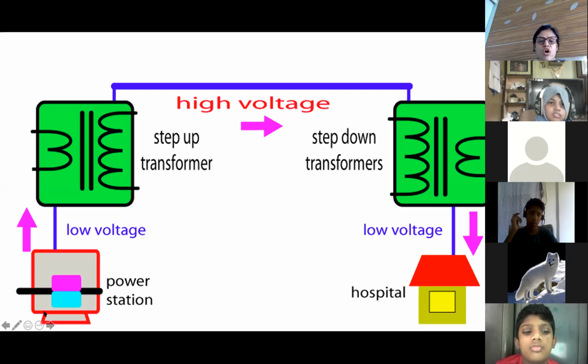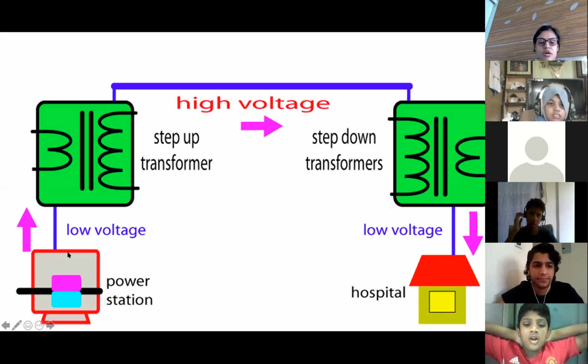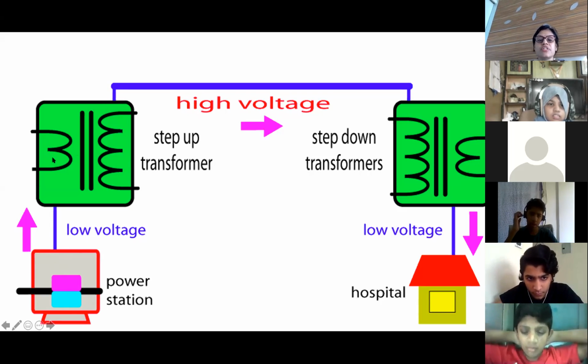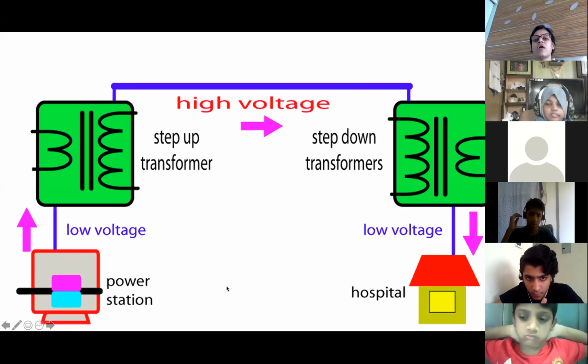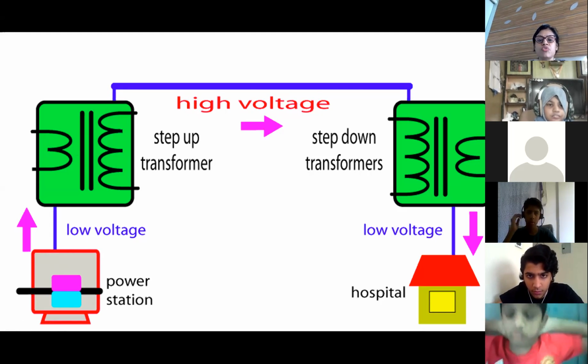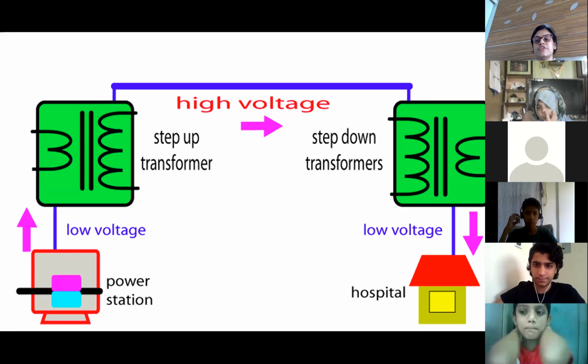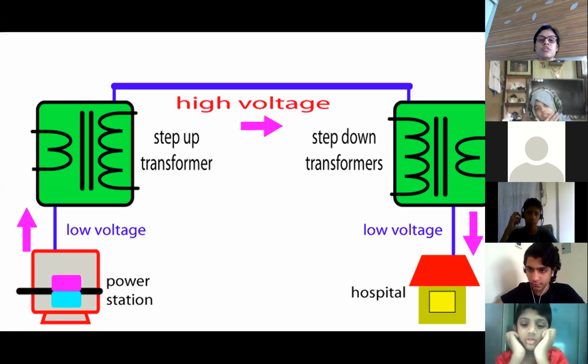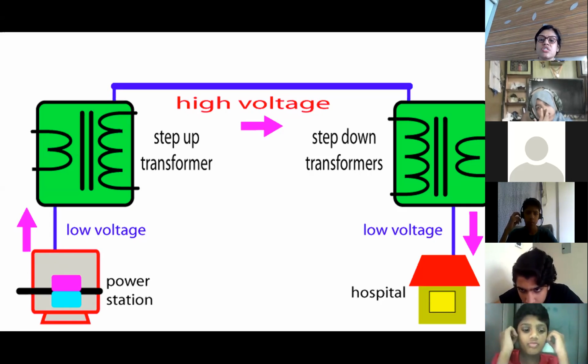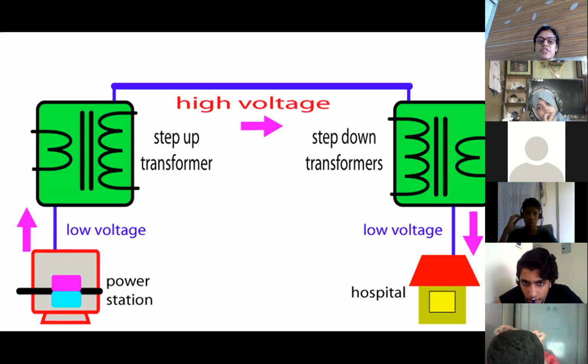Now see, this is not actually in your syllabus, but just for general knowledge I'm telling you how electricity is generated at a power station. This is about the electricity which comes to our house. It is called alternating current because the direction of current changes after every half cycle, whereas the battery or cell current that we use is a direct current, a constant current. That is the difference.